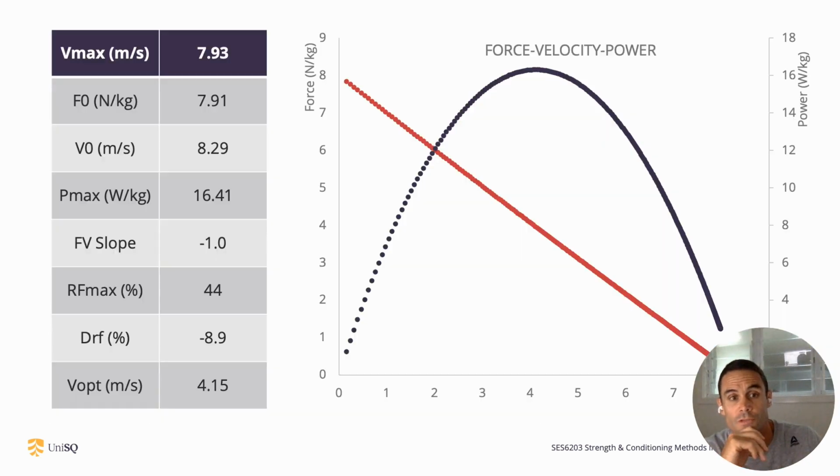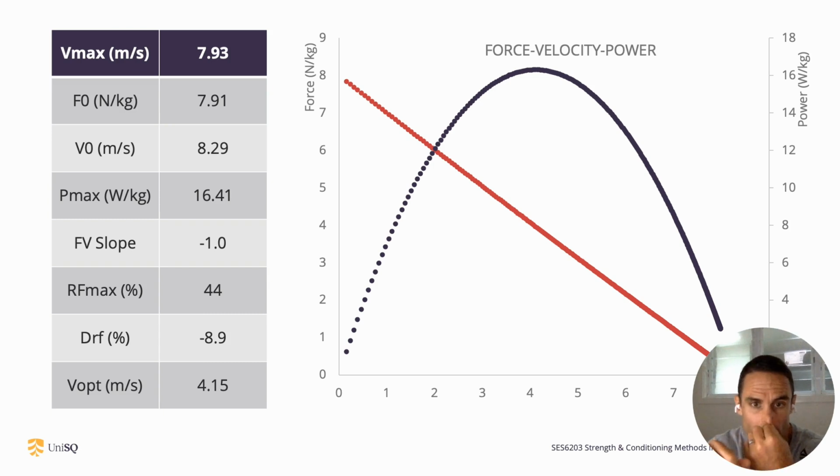If you do that force velocity profile, these are the type of numbers that you'll get back. So remember we talked about F0, this would be in newtons per kg. V0, velocity at zero force, what we might be expected to get if we don't have any weight, basically, and how fast we can run. Power max, in watts per kg. The force velocity slope, the RF max, the decline in the ratio of horizontal to vertical force, and the V opt, which is our last one down there, is how fast,